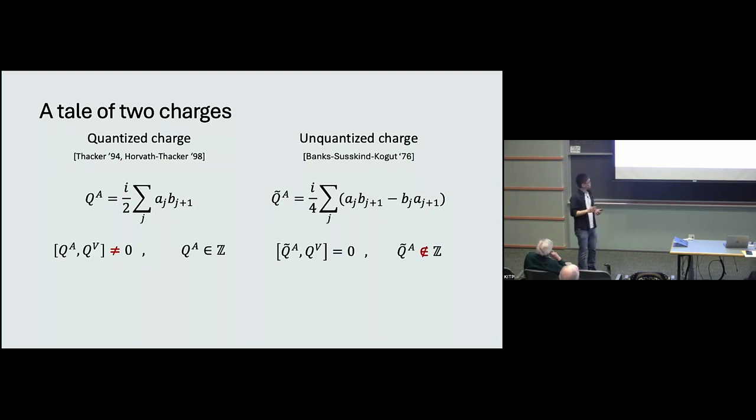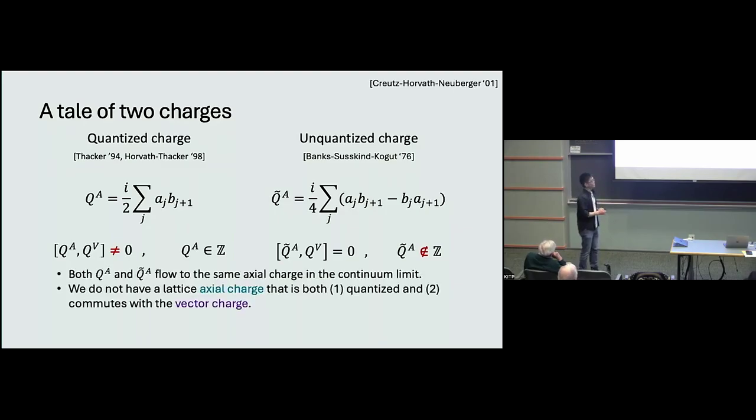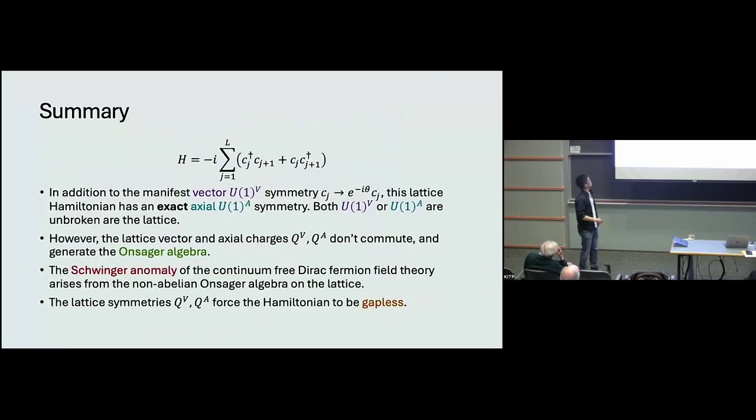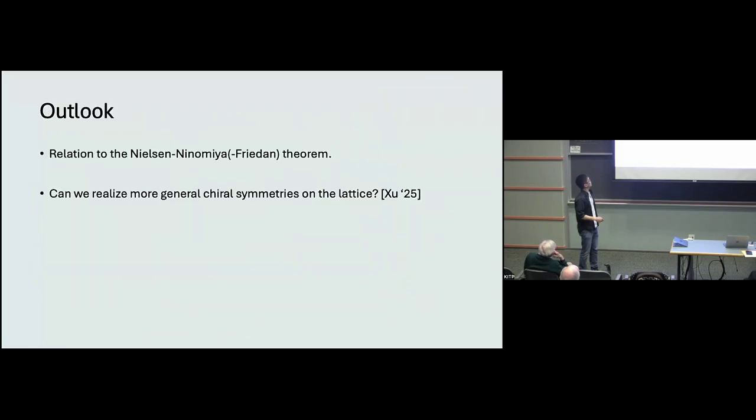So that's the answer to your first question. Regarding your second question, can you get more general chiral symmetry like the 3-4-5-0 model? For that one, you can get an unquantized charge for the 3450 symmetry, but we don't know how to get a quantized version of that. And that was done in a follow-up paper from a month ago, this paper.